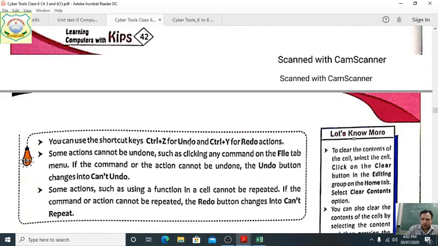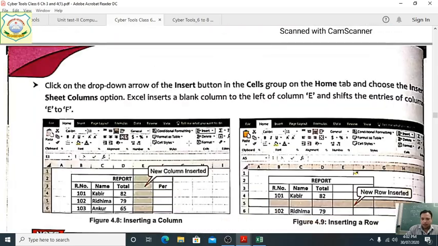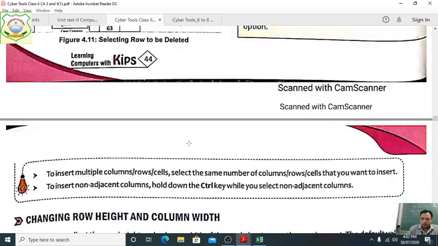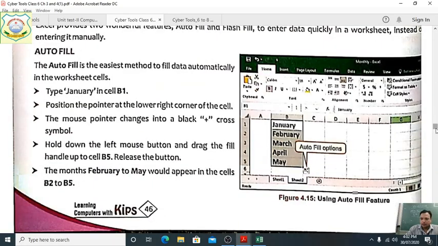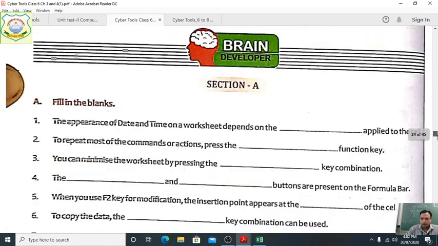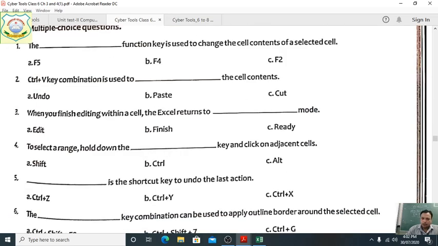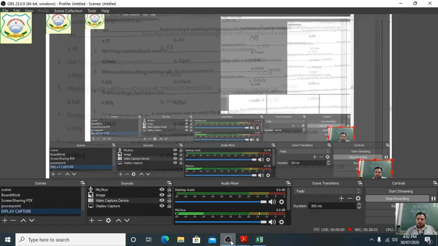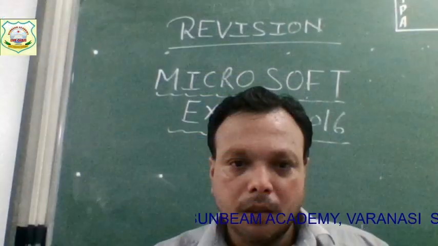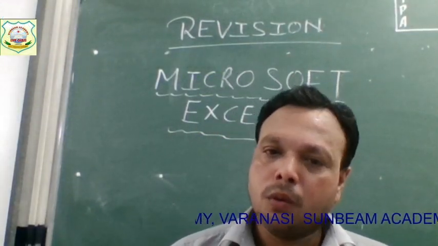And students, again we are reminding you, learn each and everything. Clear? Here the question and answers also, fill in the blanks, true or false, all the things given here, students. These are all the shortcut keys. This is fill in the blanks, true or false. Clear, students? Okay, students, so I hope everyone understood what we have to do.